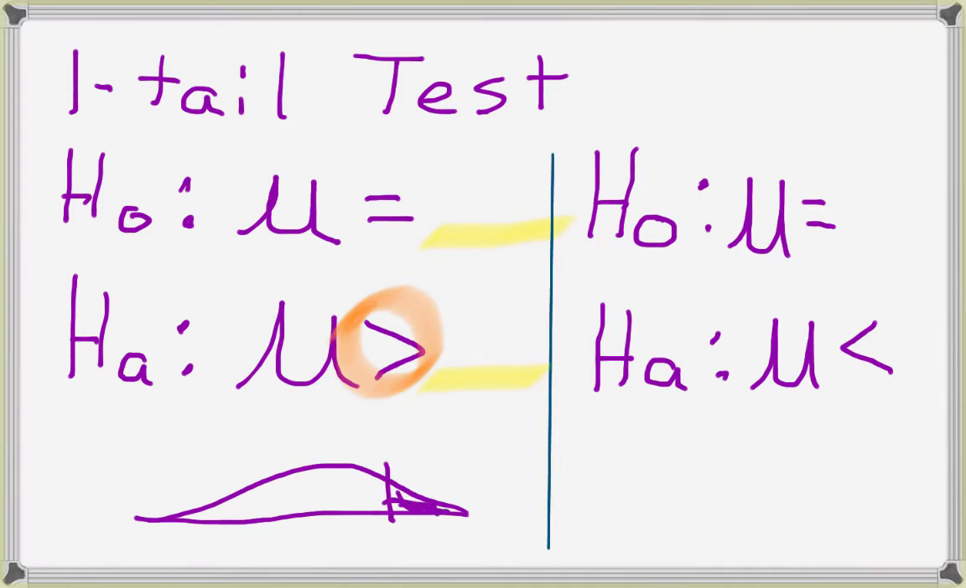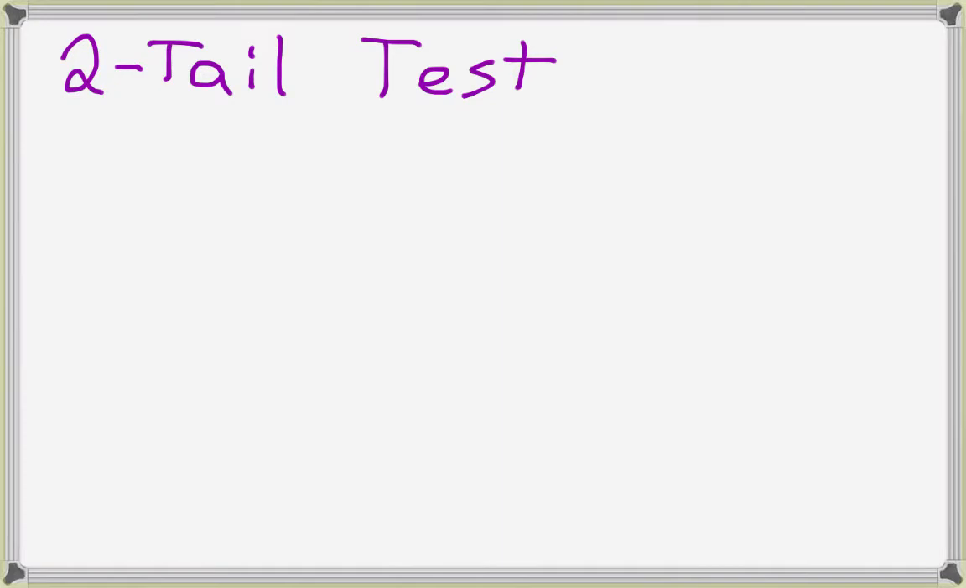So let's look at a two-tail test. Critical values are different in a two-tail test. I will keep saying that throughout this unit. In a two-tail test,